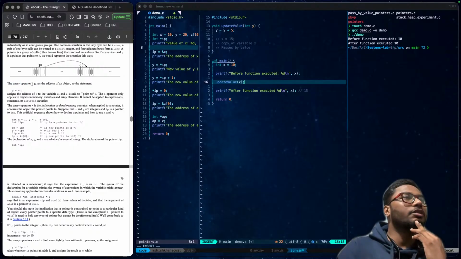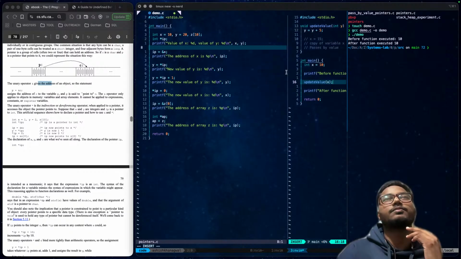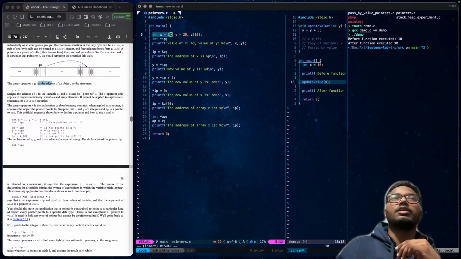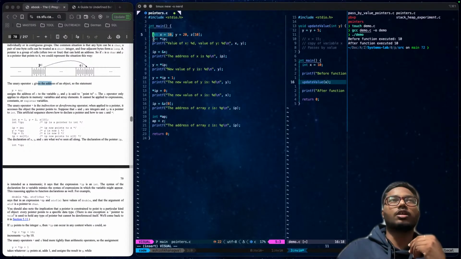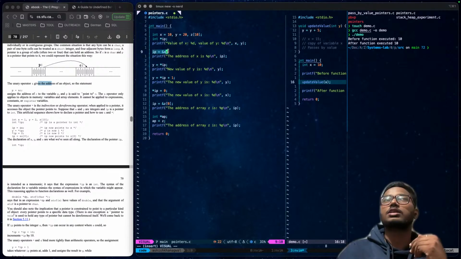And this & operator gives the address of the variable, like here. Now here we have integer x, which has a value 10. So what does this *ip actually mean? When we assign ip = &x, this is the pointer.